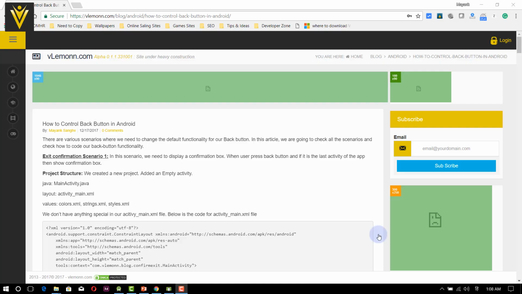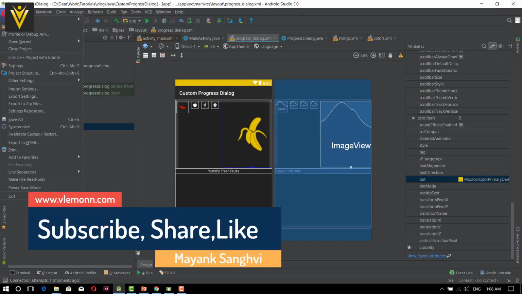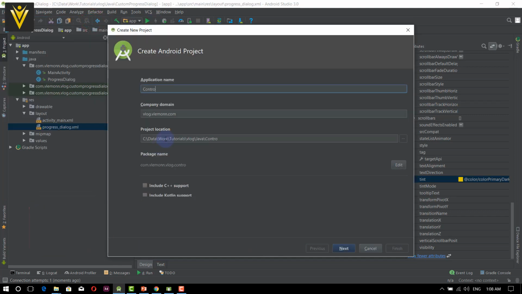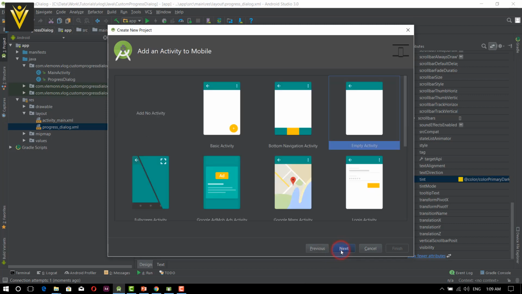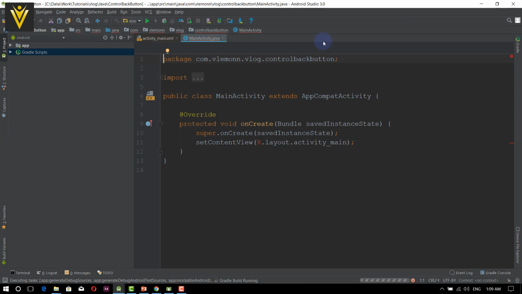In this video, so let's start. For this, I'm going to create a new Android Studio project, and I'm going to say new project. And then I'm going to say control back button. And then I'm going to click on next, and I'm going to select an empty activity, and then I'm going to click on next, and finally I'm going to click on finish. So our project is created successfully, and now I'm going to switch to my blog post